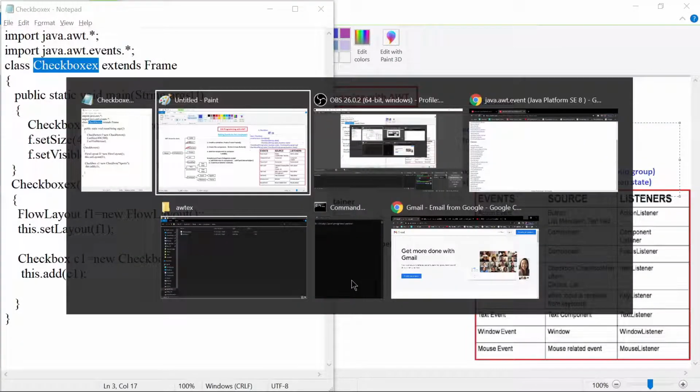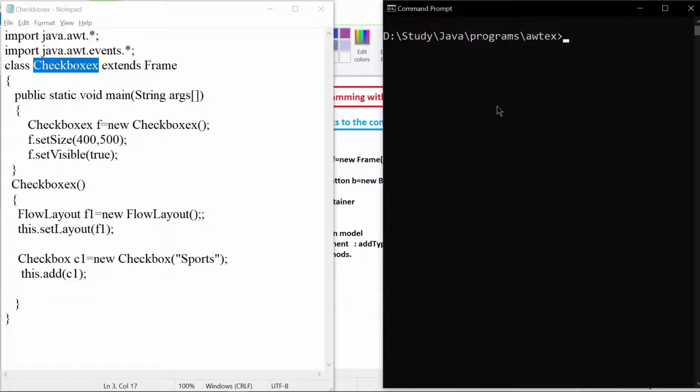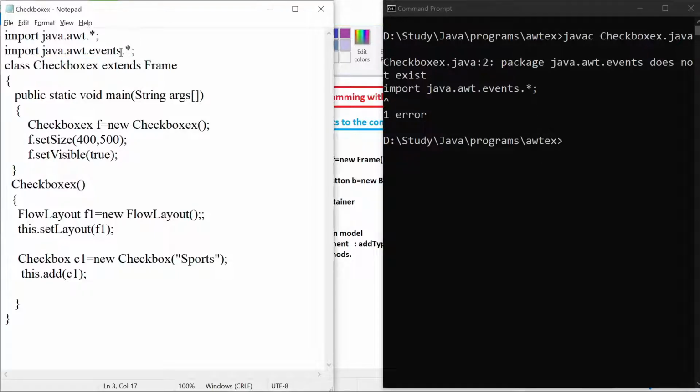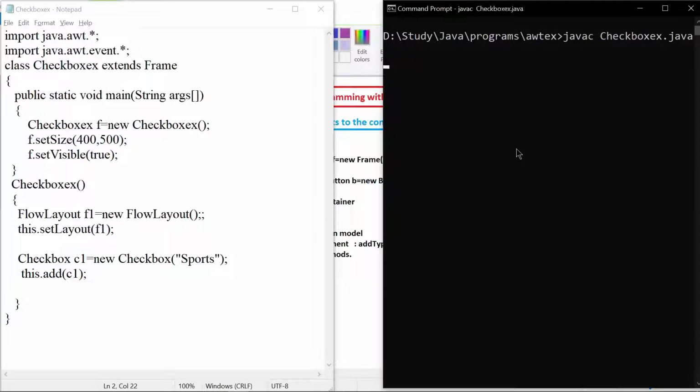Let us try to run our program and check whether we are able to display the checkbox or not. Yeah, there is an event. Okay, it is not events, it is event. Now let us run.